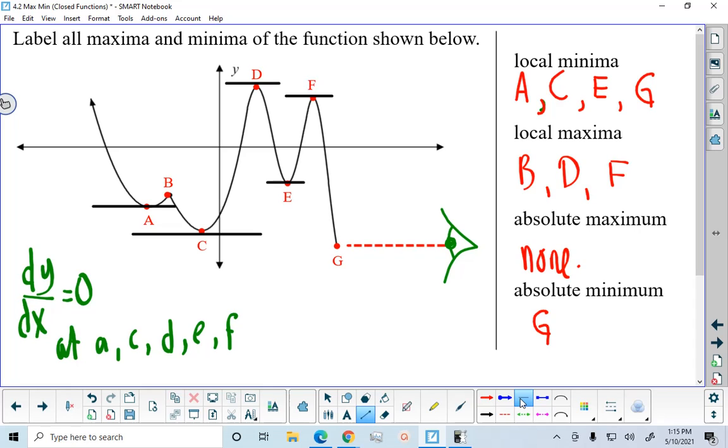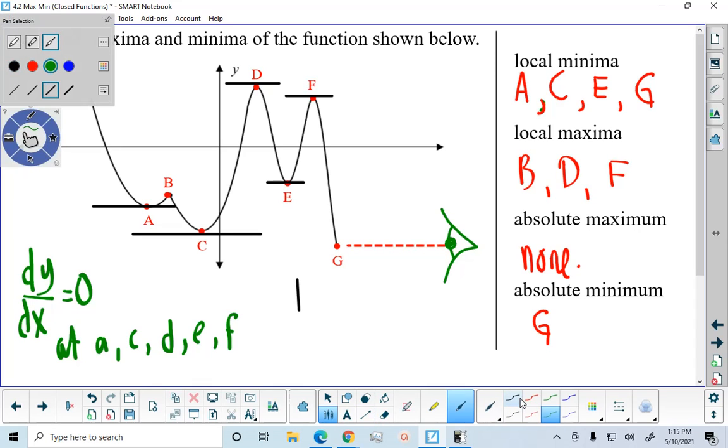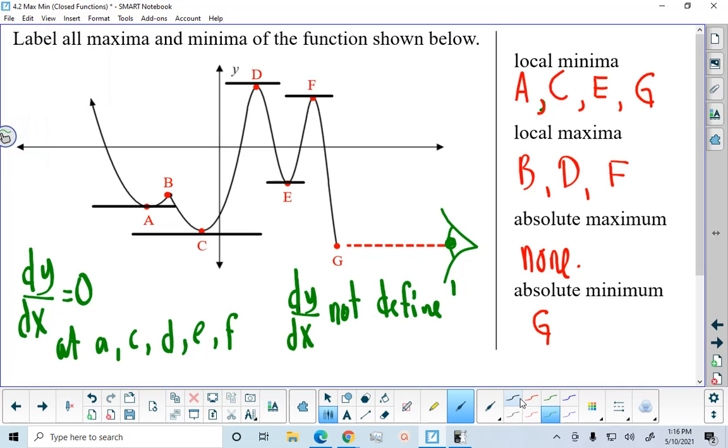Some of you might say, well, isn't the slope of the tangent at b 0 as well? And the answer is no. This is going to require a little more explanation, but let me finish my statement here about the derivative and its meaning in terms of being equal to 0 or not defined. The derivative is not defined in the above function at b